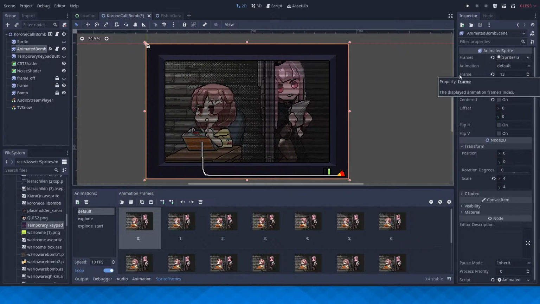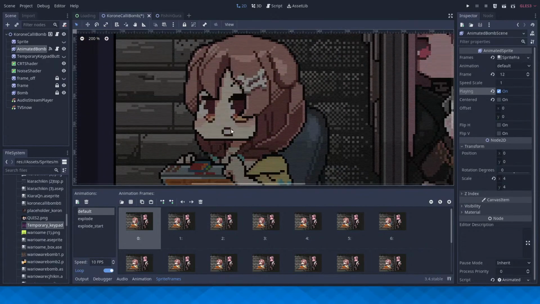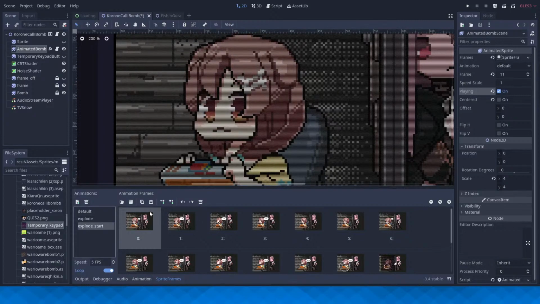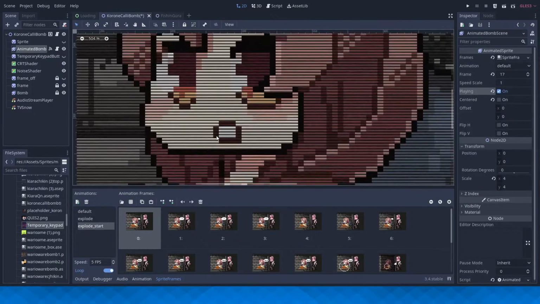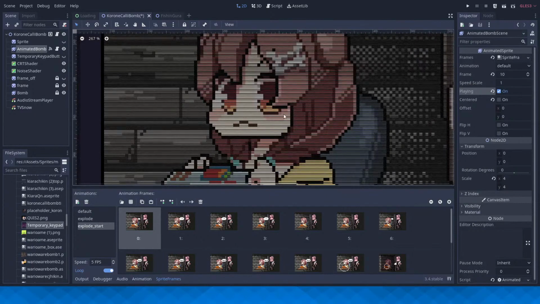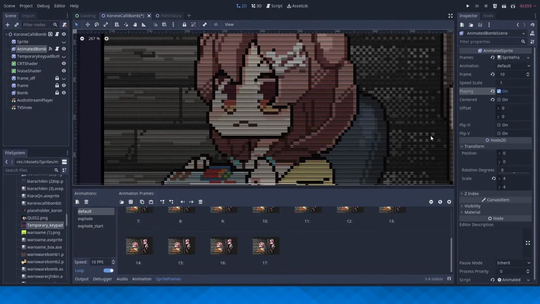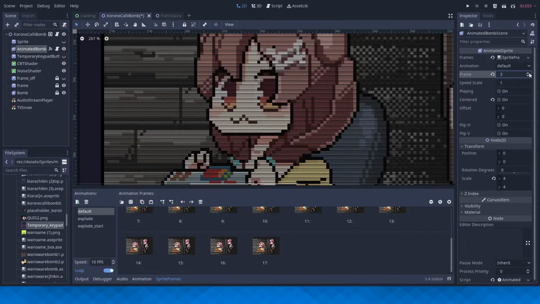So, now that I notice, wait, no. Oh no. This is bad. I forgot a few. She already starts looking sad or whatever, and I did not notice that that happens earlier in the animation. Right. Oh, time to delete everything in Explode Start and figure out where that happens in the default animation.